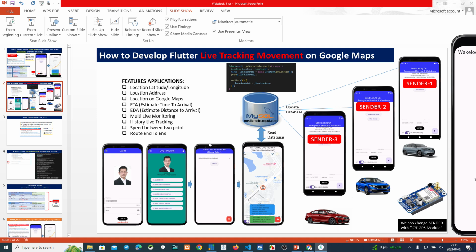But if we want to make a monitoring, live tracking, this one, we must use my smartphone to monitor this vehicle movement from one point to another point.